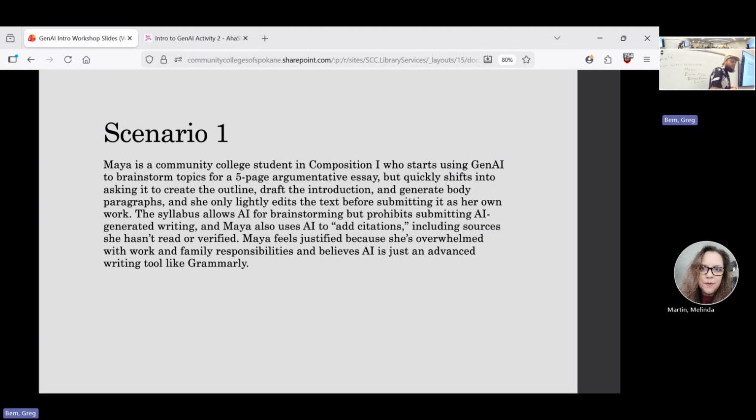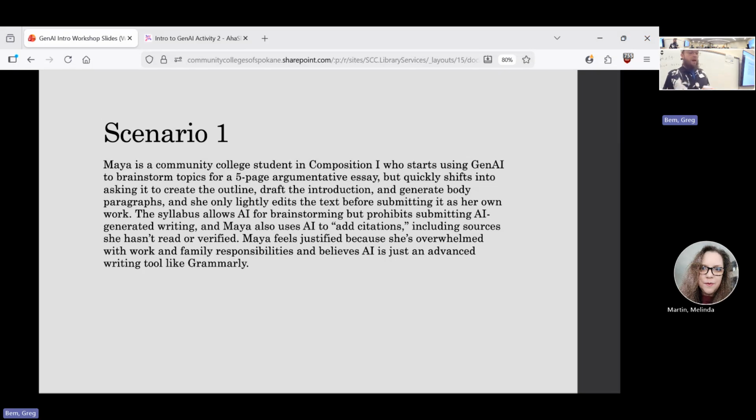Scenario 1: Maya is a community college student in Composition 1 who starts using GenAI to brainstorm topics for a 5-page argumentative essay, but quickly shifts into asking it to create the outline, draft the introduction, and generate body paragraphs, and she only lightly edits the text before submitting it as her own work.